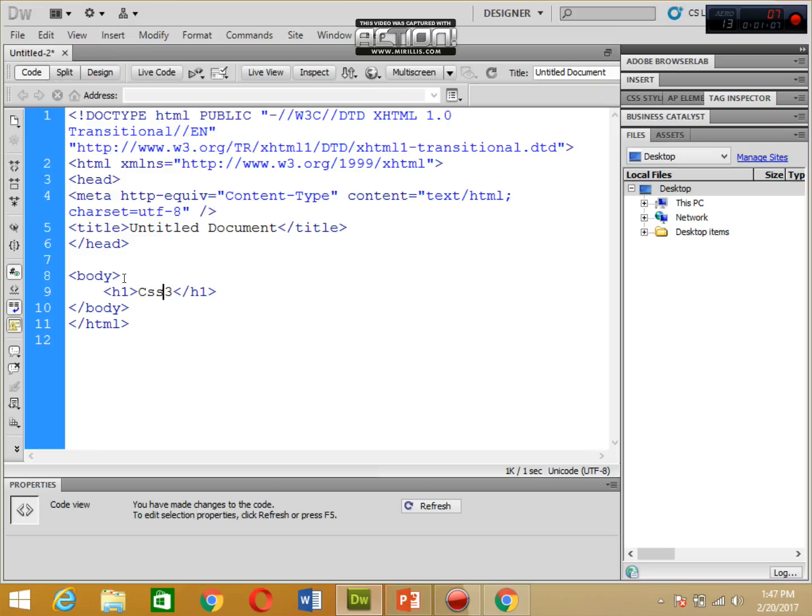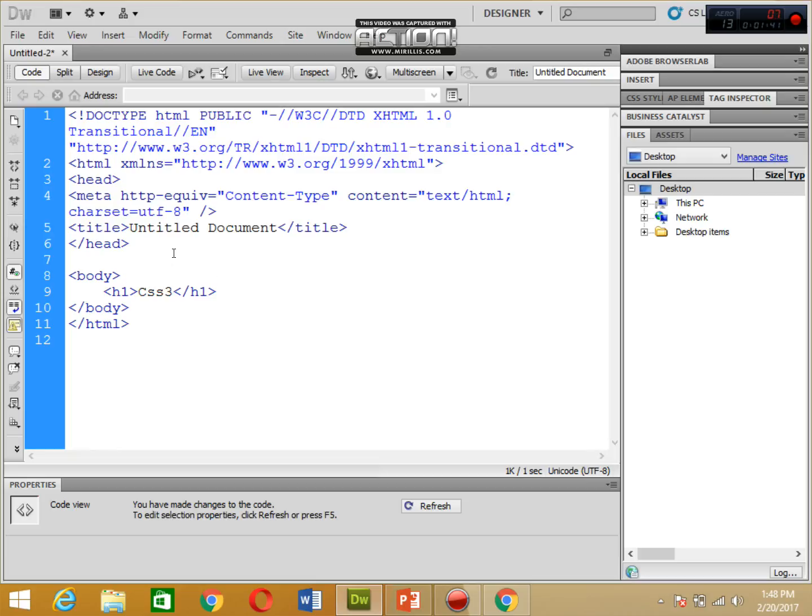We have to understand what this is. First of all you need to know that CSS stands for Cascading Style Sheet. When you apply styles and design beautifully on the layout of websites, and if you see websites without CSS, you will feel confused. What is this? This is not an actual website. If you provide CSS3, then when you visit the website it will look beautiful, awesome. So that is the meaning of CSS3.